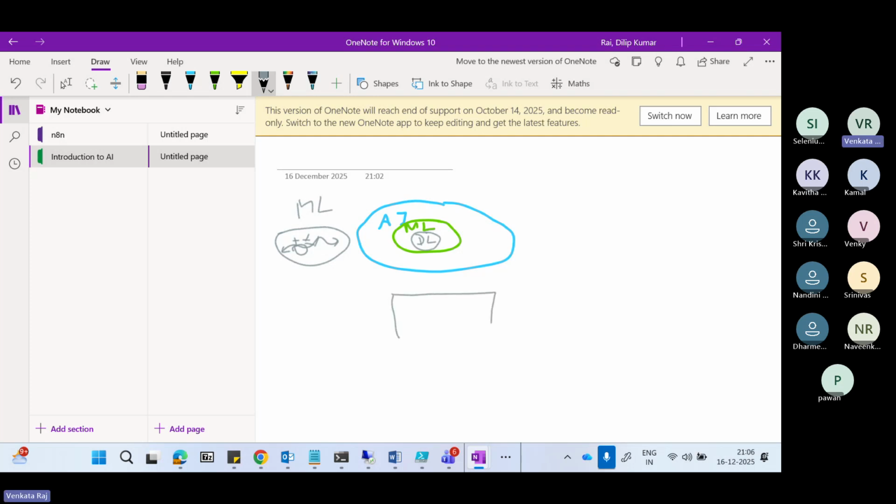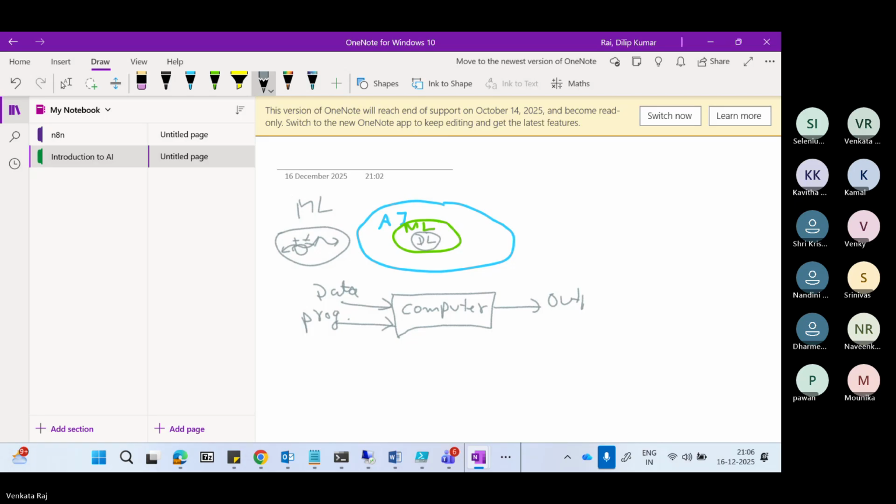In traditional programming, or coding scenarios, what we have is a computer, and we give it data, like input data, and a program, that is code. Based on this data, after execution of this program, maybe in Java, Python, whatever, we get an output. But what happens in machine learning is that we give